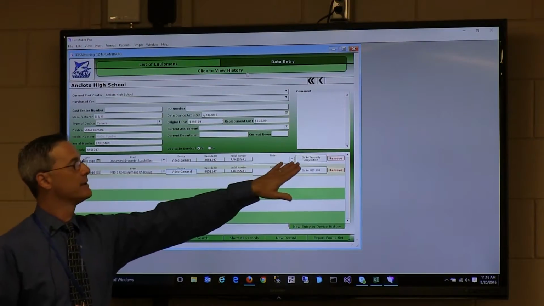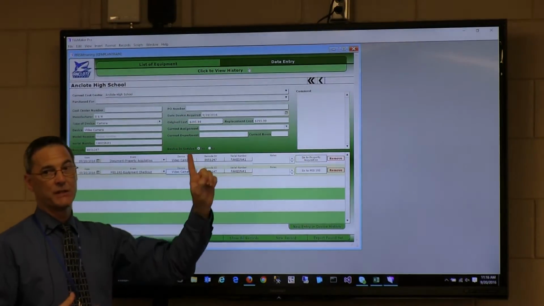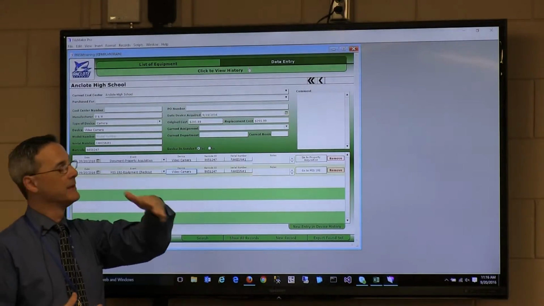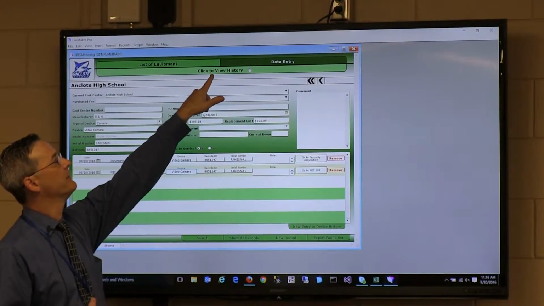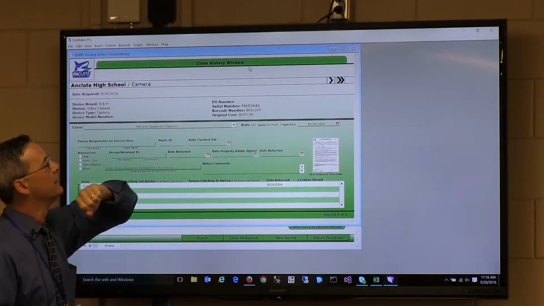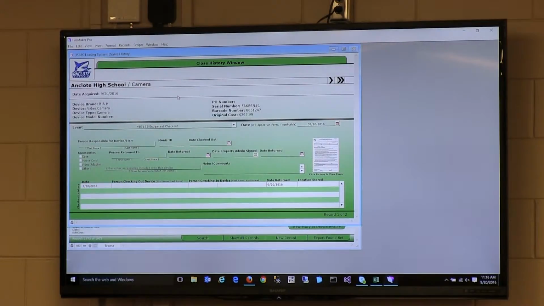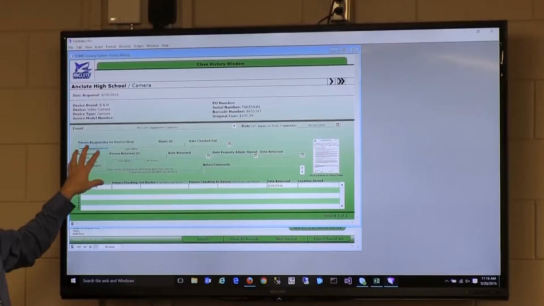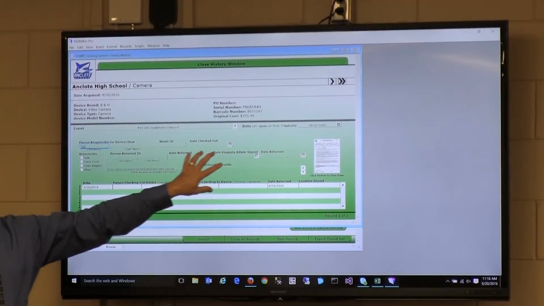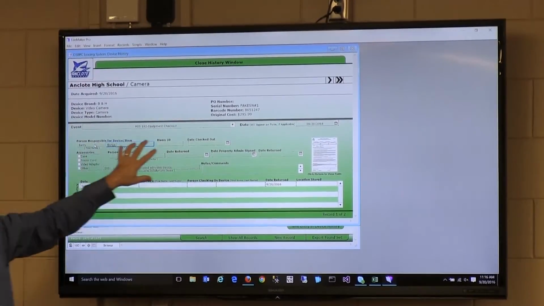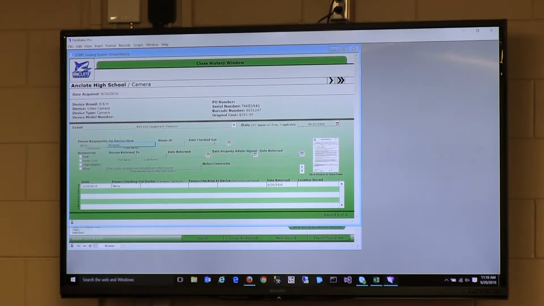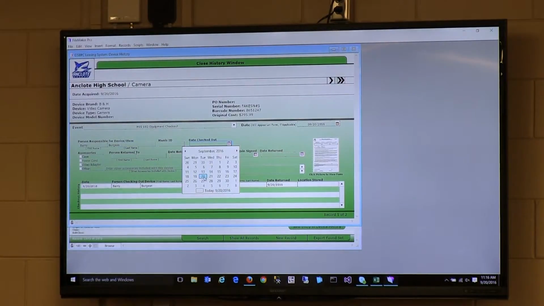So we go to property acquisition the first time, and that's how we brought up that form. Right now we're going to go into Click View History. When we go into Click View History, all your boxes are right in here, in your green area right in here, that you can edit. So we want to check this,